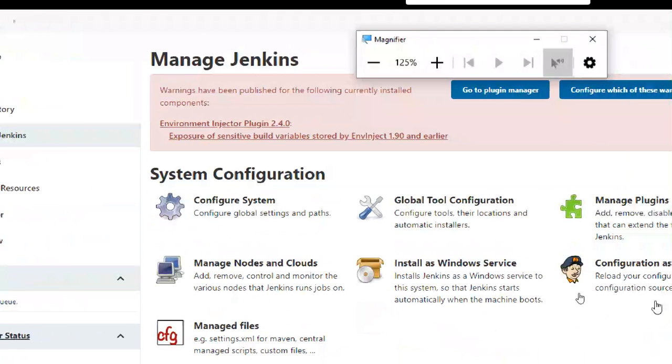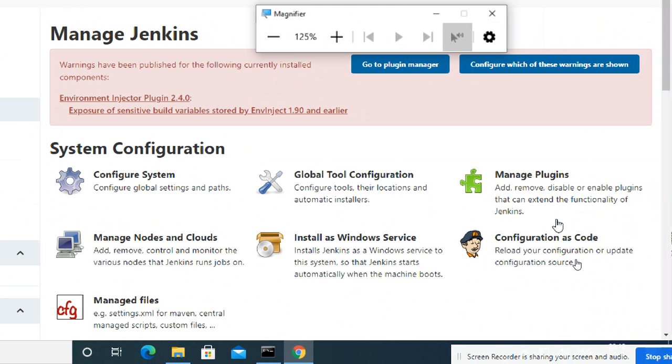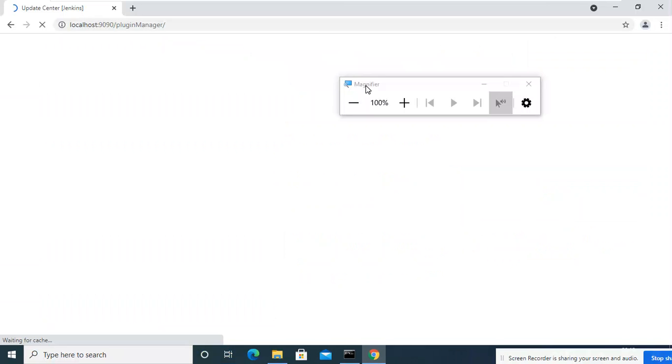Here you can see plugins: configure system, global configuration, global tool configuration, manage plugins, Windows install as Windows service, nodes and clouds, manage files, configuration as code. I'm going to manage plugins.